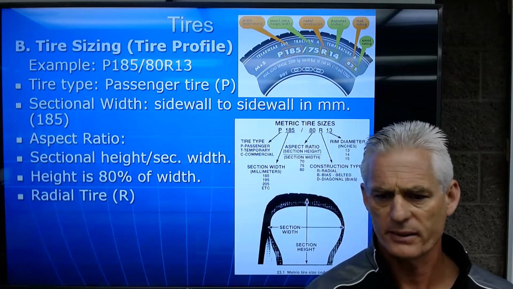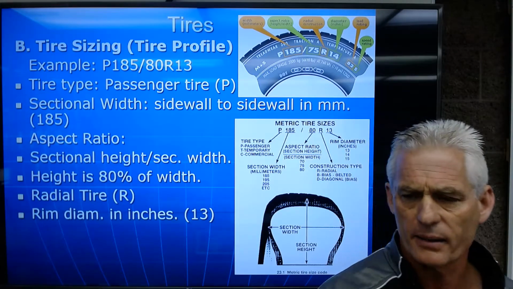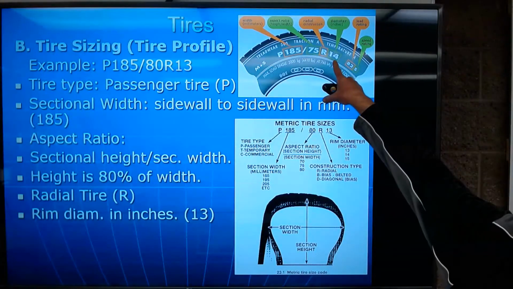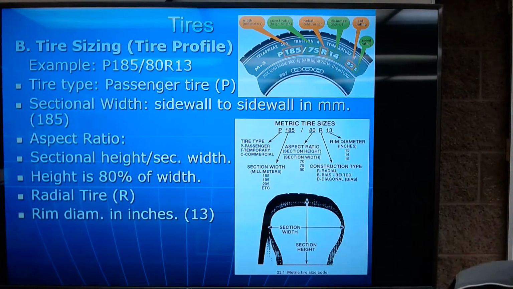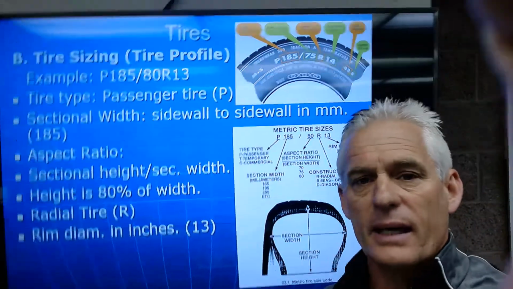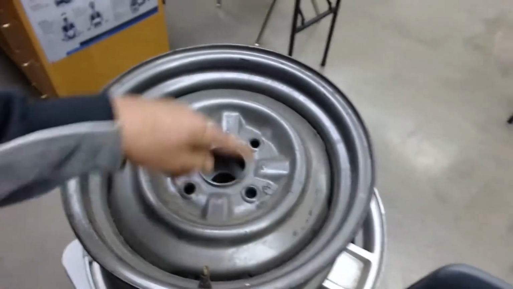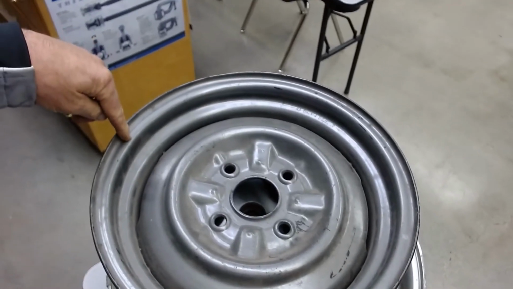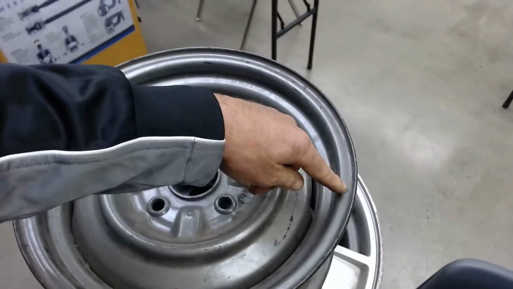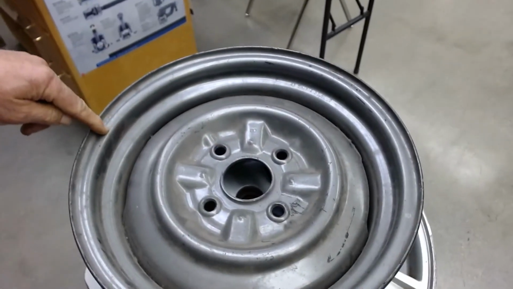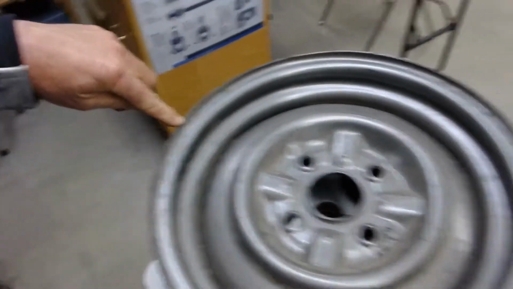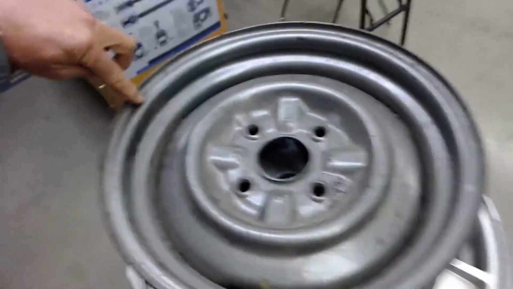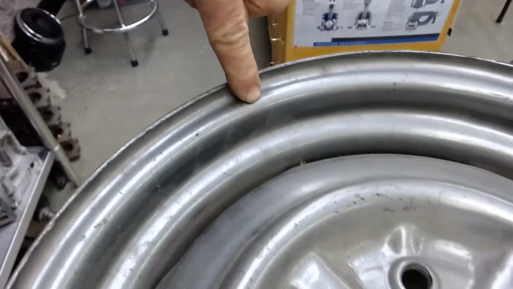Radial just talks about the tire's construction, of course. The rim diameter here, it's a 14-inch rim. That's the diameter of the rim in inches. So if we take this camera and look down over here at this four-lug steel rim, we're going to measure the rim diameter. It goes from the bead seat here to the bead seat over here. If you put a tape measure across, it's 14. Don't measure out here on the extreme end, that's going to be slightly larger, but from the bead seat there across to the bead seat over here, that's going to be our